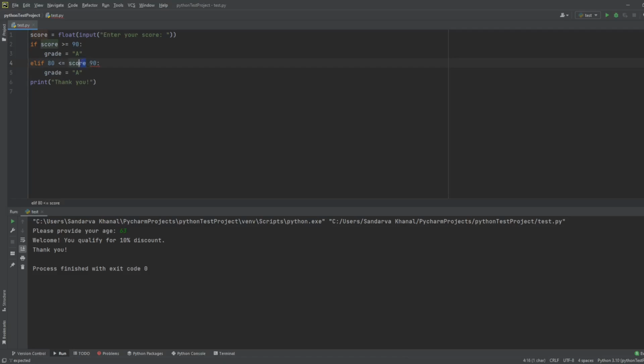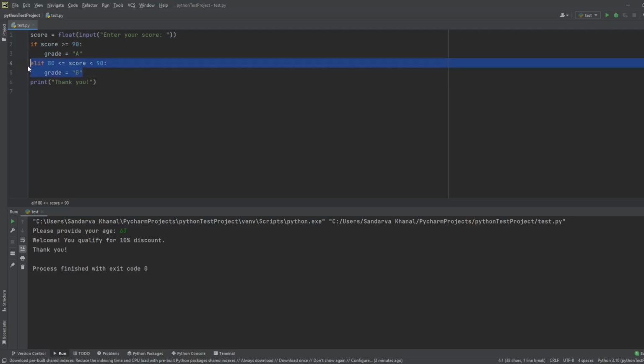So that means score is more than or equal to 80, and also score is less than 90. The score being equal to 90 is already captured here. So this would be capturing any value that's from or including 80 and under 90,